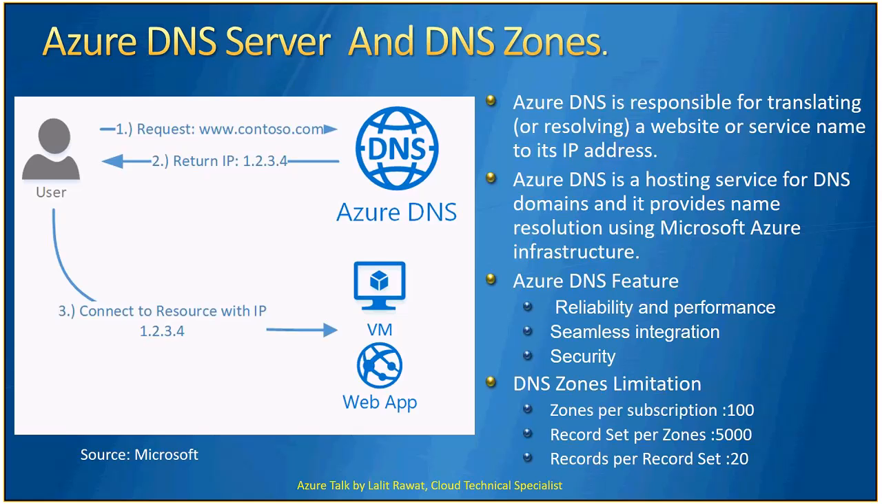Continue. Yes. So these are the major features, and it comes with more security things over there. Apart from that, there is the DNS zones limitation. For an Azure subscription, you can create 100 zones per subscription, 5,000 records, and 20 sets of records per record. And basically, if you look at the diagram over here,